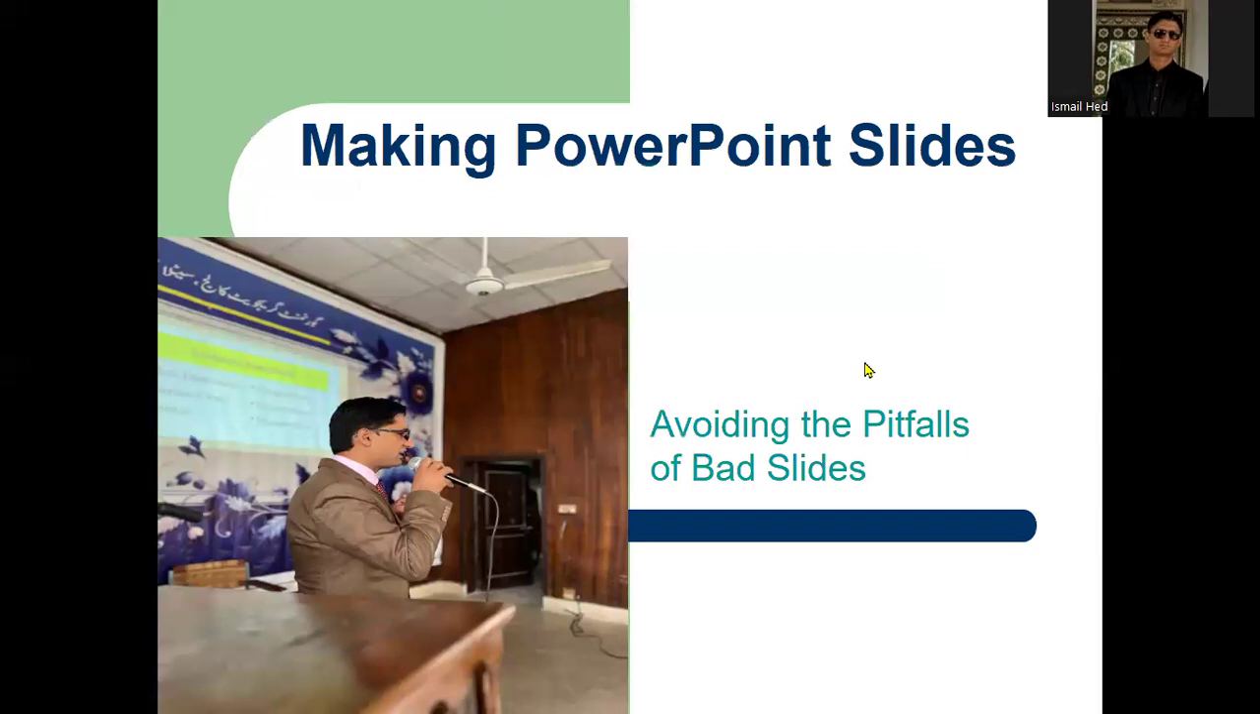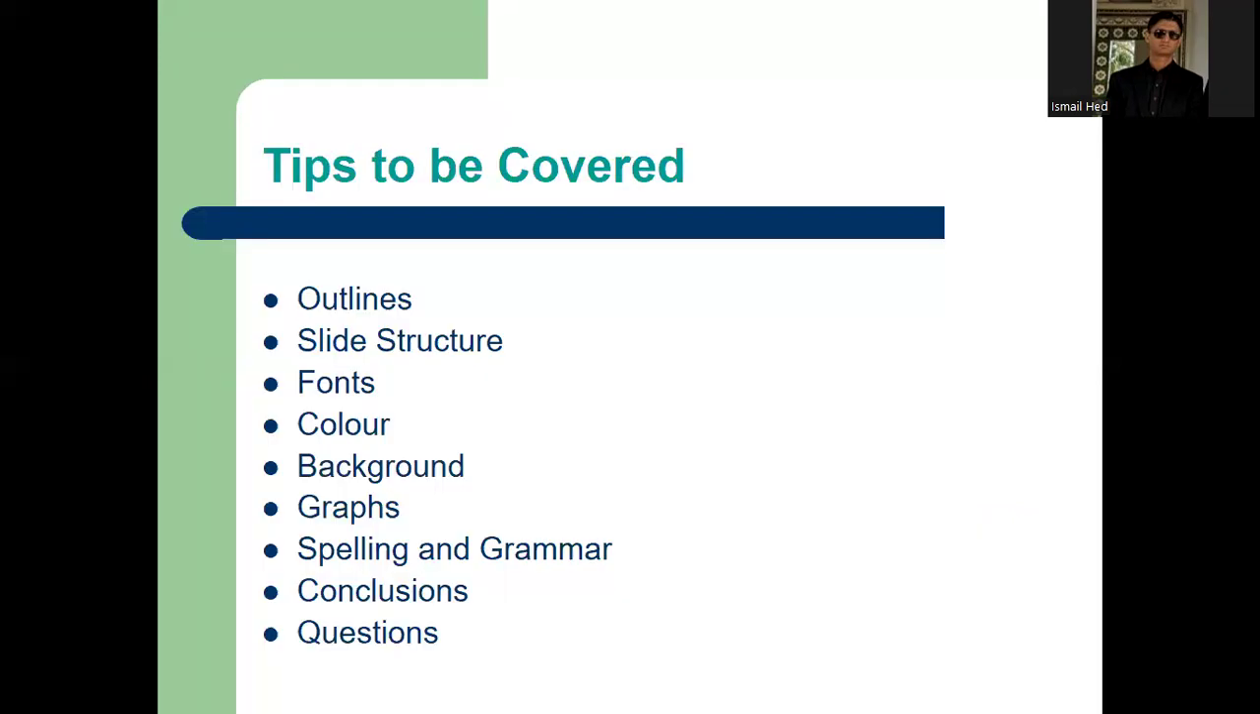In today's session, I'm going to talk about making PowerPoint slides for presentations and speeches. There are some pitfalls that we have to avoid, and they are called bad slides. So, topics to be covered in this particular session: outlines, slide structure, fonts, color, background, graphic, spelling and grammar, conclusion,